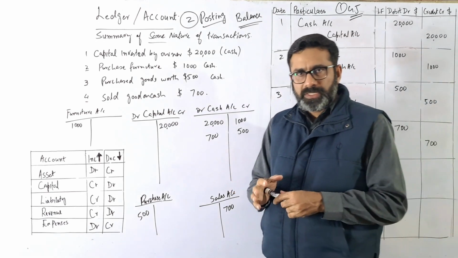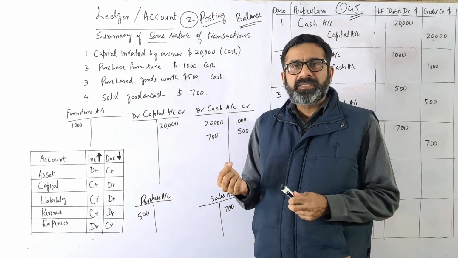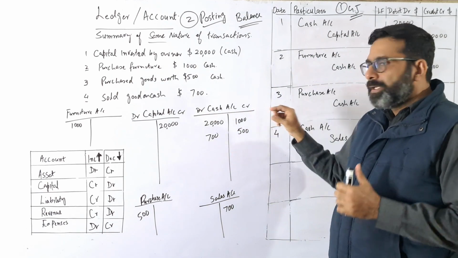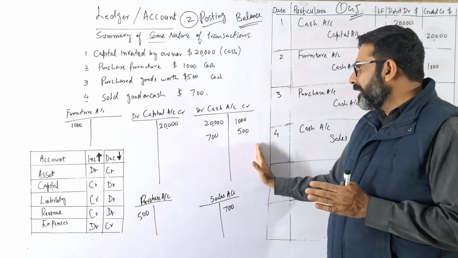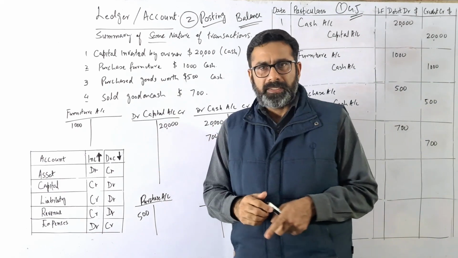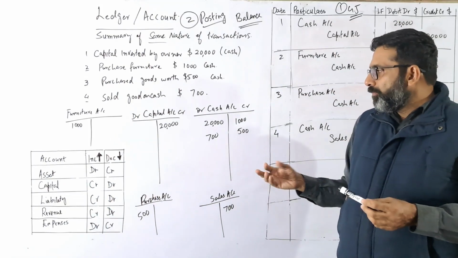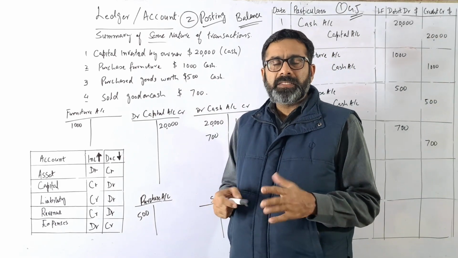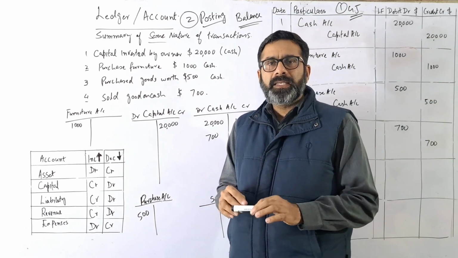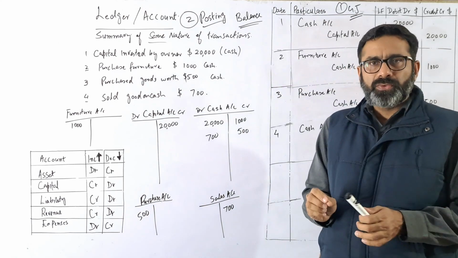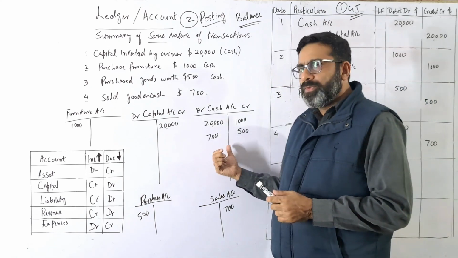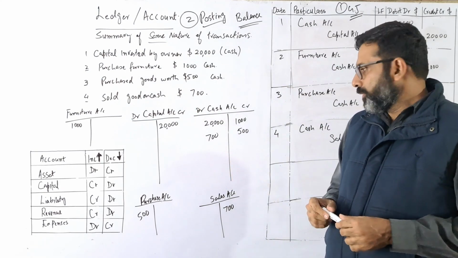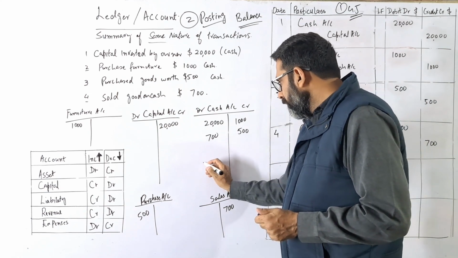Ledger or account is the same thing, and we have used the very basic, initial level account, which is in the T account form. The debit side is there, the credit side is there. Now from this, we want to know the balance. So how will we calculate the balance? Very simple. There's nothing technical, it is just basic mathematics, the plus minus rule. By using that plus minus rule, we can calculate the balance of the account. So what we have to do first,